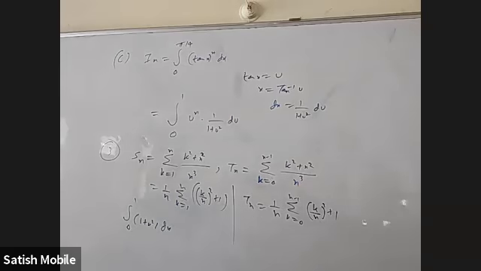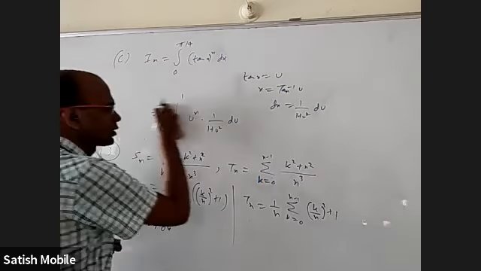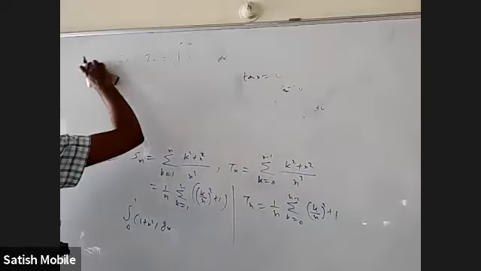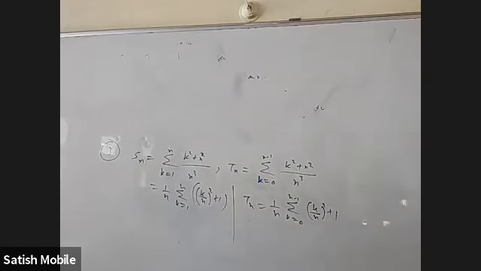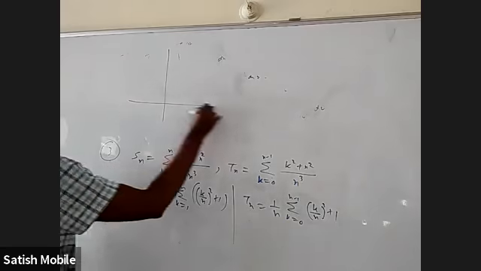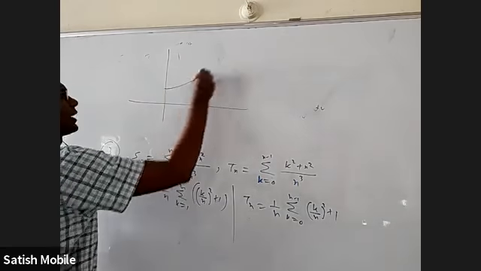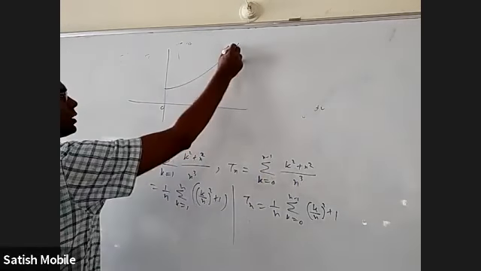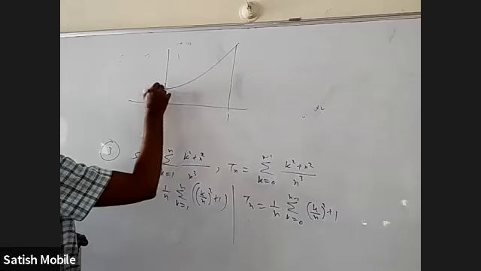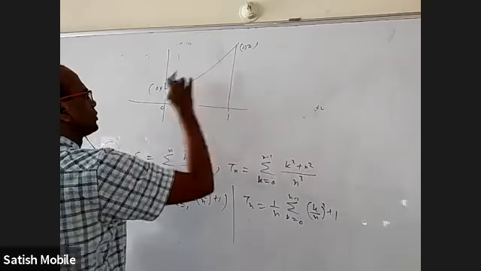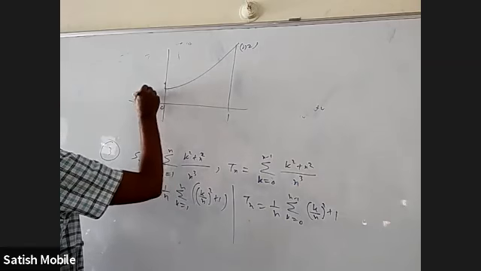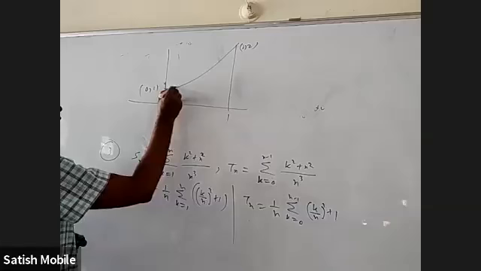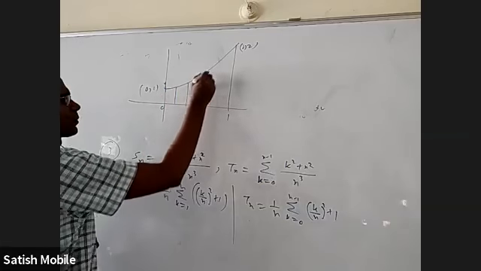Right in the beginning, when we discussed definite integration, what is the definition or how to find areas, we talked about making them into rectangular strips. So if we take the x square plus 1 graph, it will be like this. This is 0 and this is 1. This is 0 comma 1. This is 1 comma 2. Now we can make them into n strips.